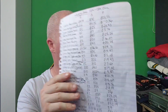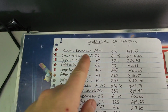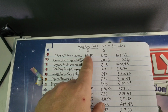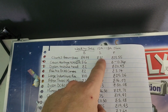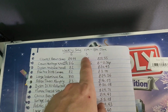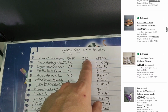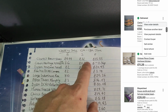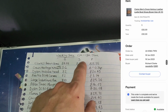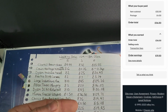Right, I'm going to show you what I mean. I obviously mark it in a book, and on a spreadsheet as well. So for instance, I sold some Clarks shoes. I bought them for £4.99. On eBay, I sold them for £32. This is my profit. When you go through, you're going to see on the screen now, when it comes up as sold on anywhere, so this is eBay, it'll come up with £32 sold, but that's not the actual price you're going to get. You go on to view orders and you scroll all the way down and it'll come up with a price